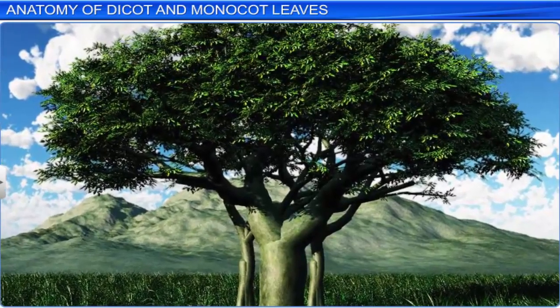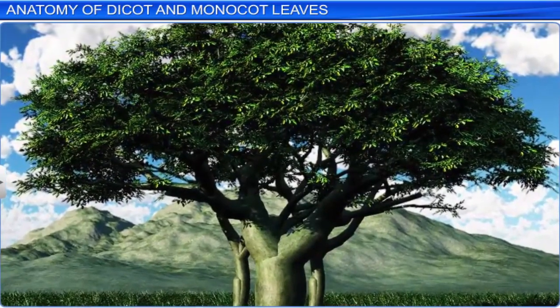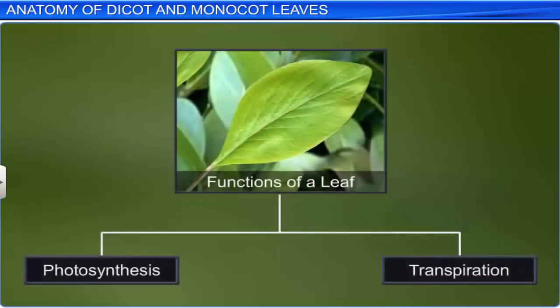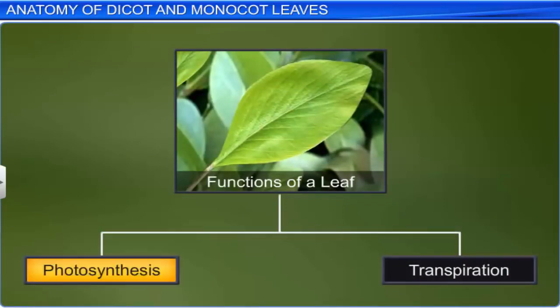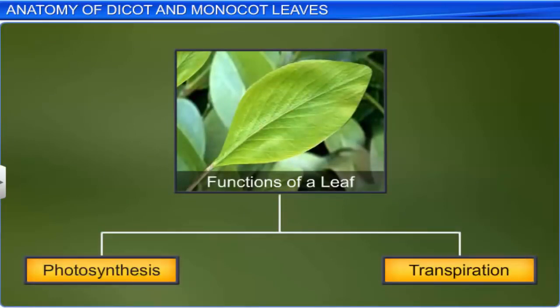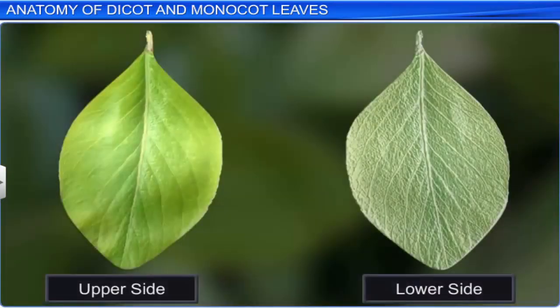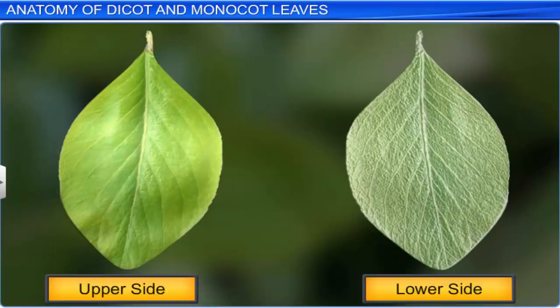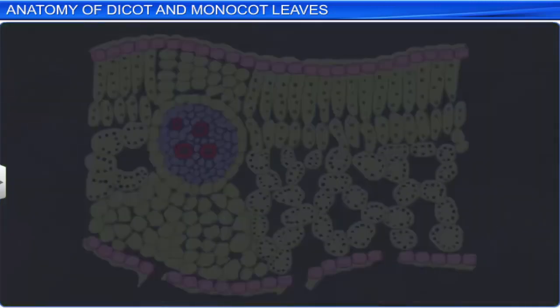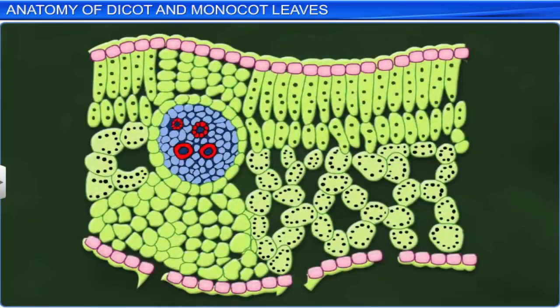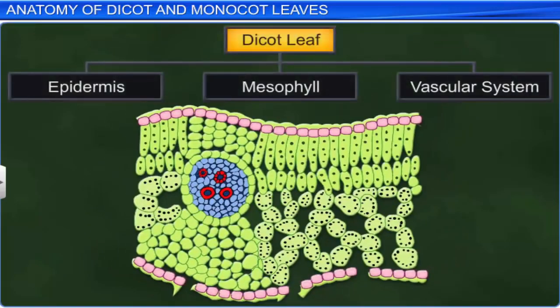Leaves are the most visible organs of a plant. They perform many crucial functions such as photosynthesis and transpiration, in which their internal structure plays an important role. A dicot leaf is also known as dorsiventral, as its upper and lower sides are different in structure. On observing the transverse section of a dicot leaf, we find that it has three main parts: epidermis,